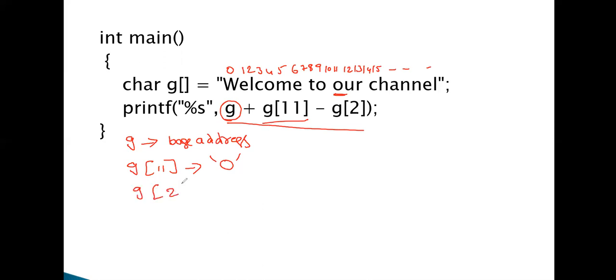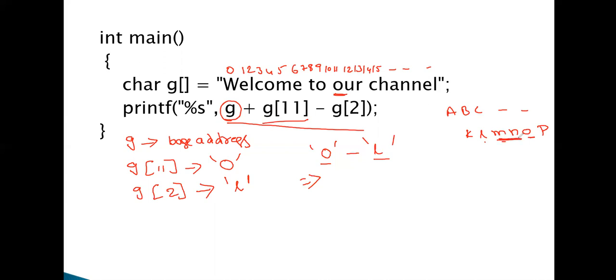And g[2], 0, 1, 2, that is the character L. Now what happens? g[11] - g[2] means O minus L; it performs the ASCII difference between O and L. What is the difference? Write down the letters A, B, C, D, and so on, K, L, M, N, O, P. So the difference between O and L is only 2. Simply, the value of g[11] - g[2] is 2.